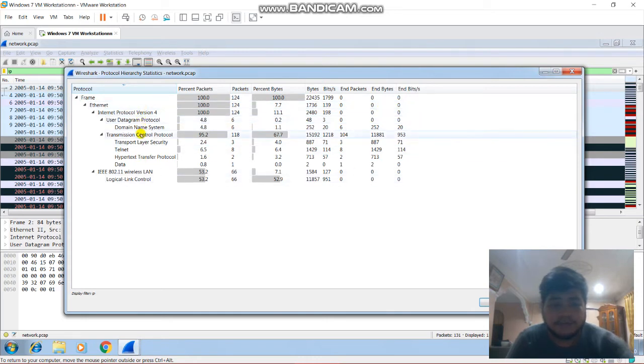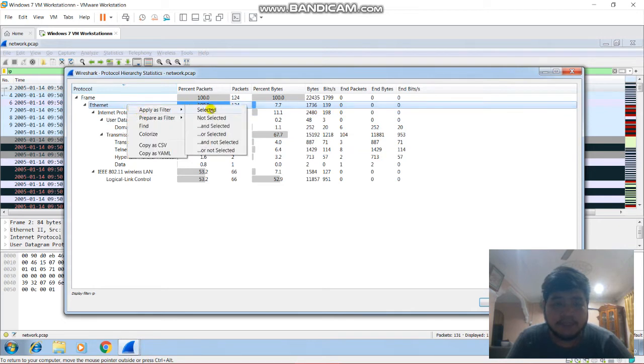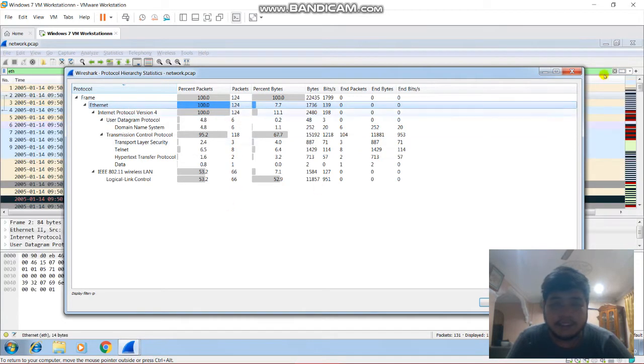We can use a filter: just right-click on the item that we want to filter. From this, I want to filter Internet as filter and selected.